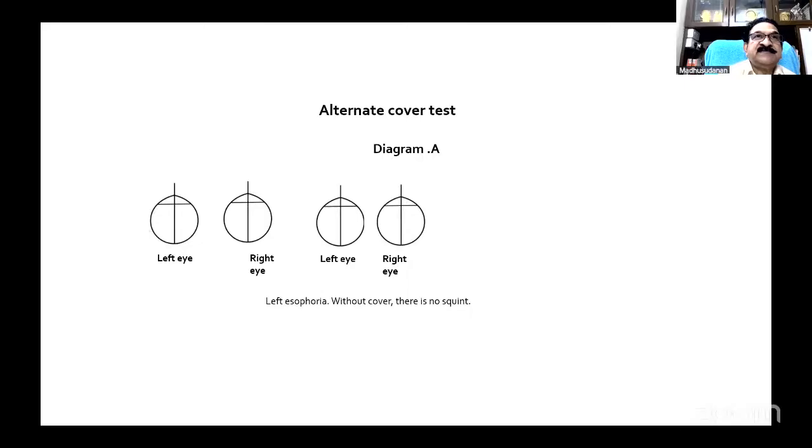But actually, the left eye is isophoric. It's adducted. That is a lazy eye, but you cannot make it out just by looking at the eye. It's left isophoric. Without cover, there is no squint at all. Okay, now what will happen? You put a cover on the left eye. What will happen? That eye need not be bothered.